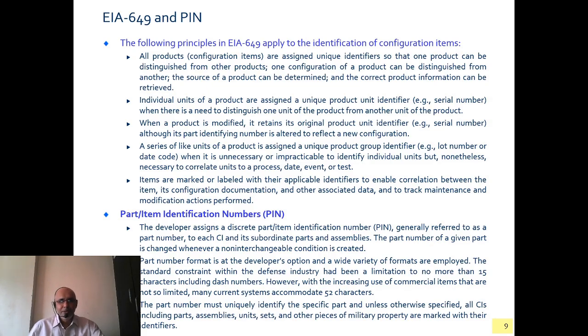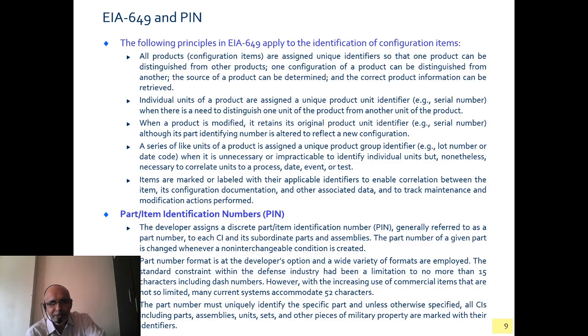EIA 649 and PIN. What is the important thing about PIN? Or what is a PIN? Okay, 649 applies unique identifiers. It works out the unique assignment of product IDs. You can see it as a serial number. Lot or date code combination has been done. It's not done with random number generation. Some kind of policy has been made for the serial number. Part item number